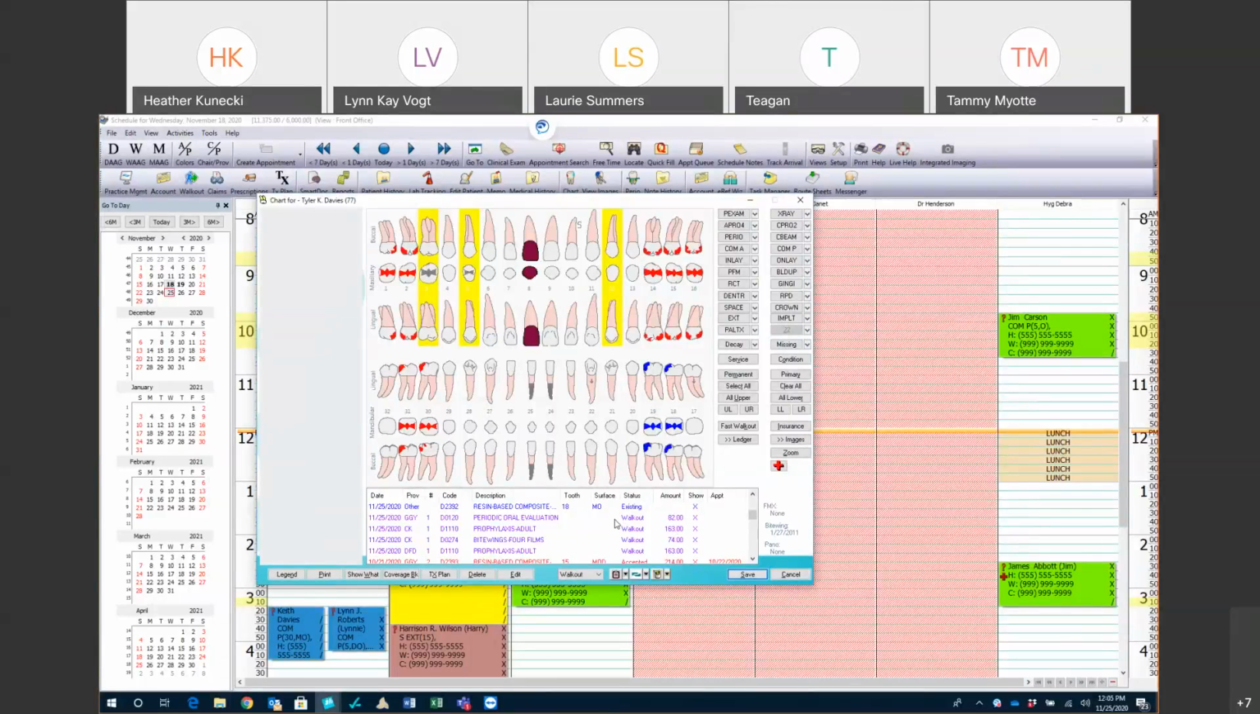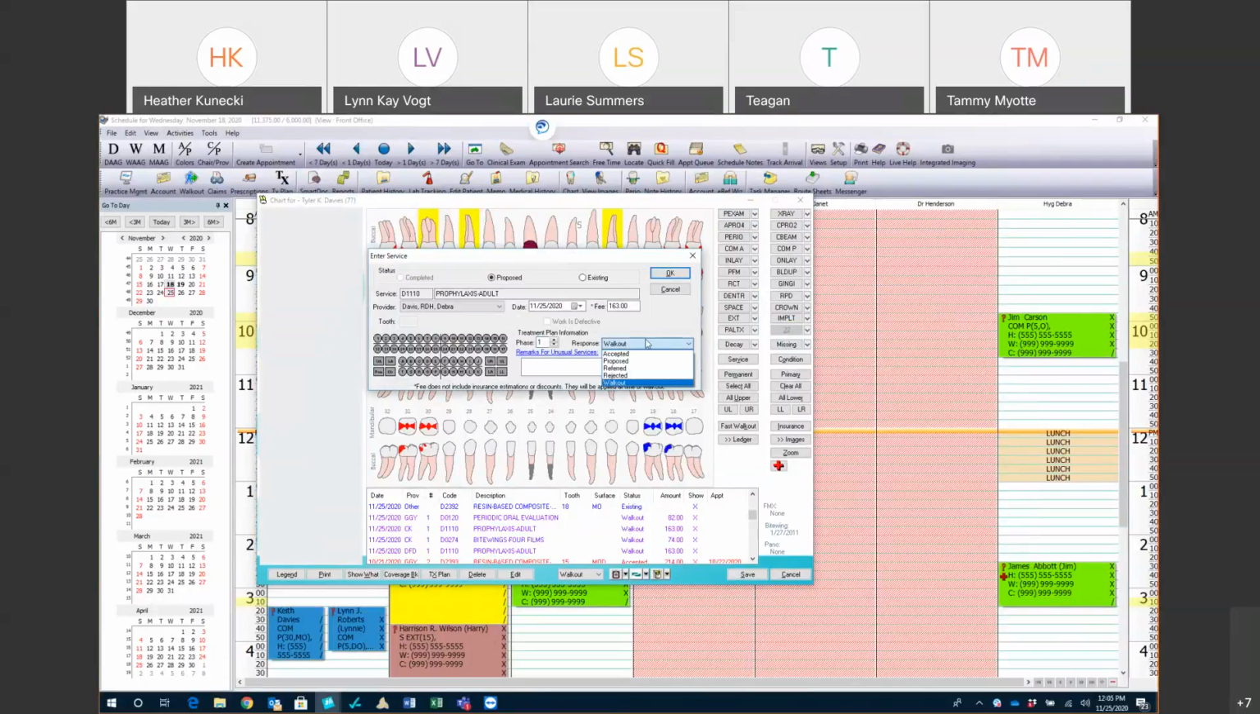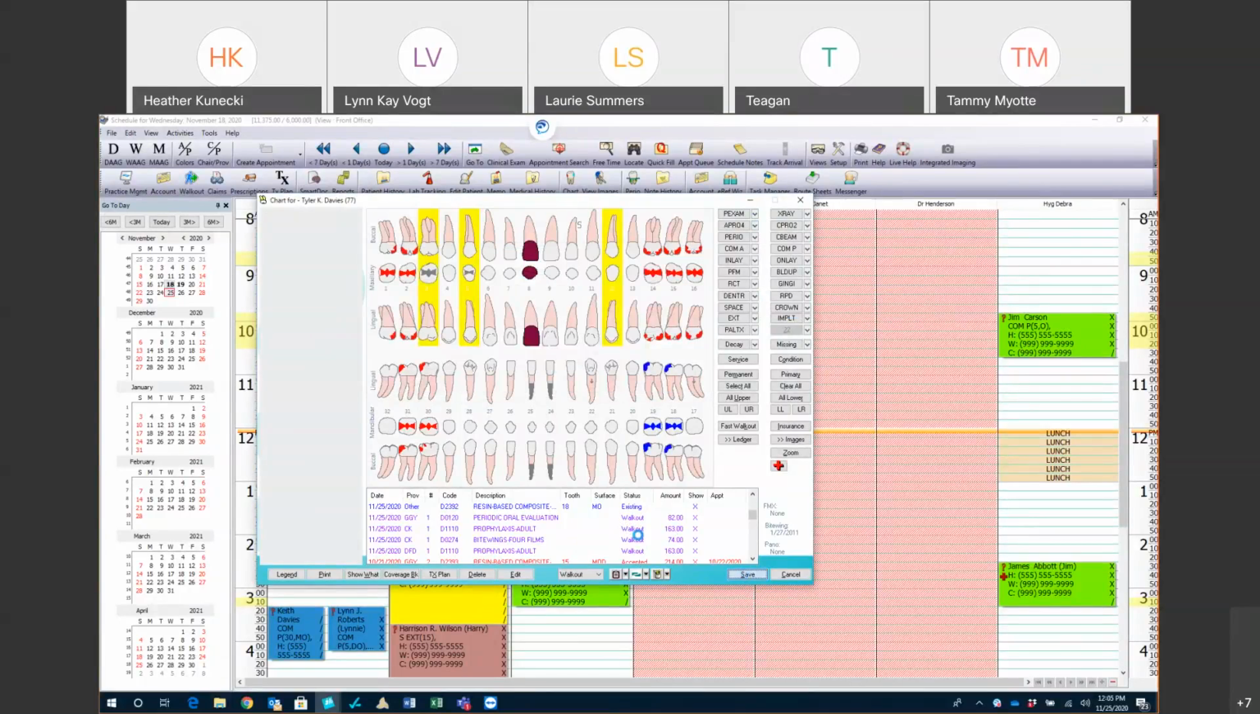So once you hit walkout, those are the two different ways. You can either right click and hit post to walkout or change it in this screen right here. So two ways. Once I hit save,